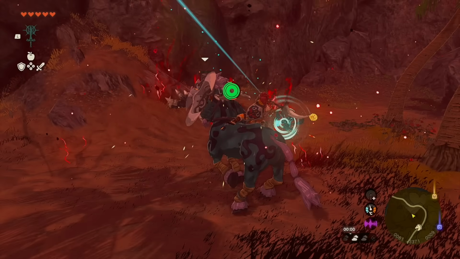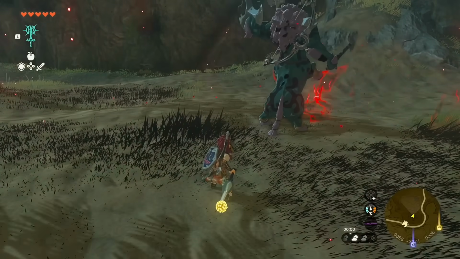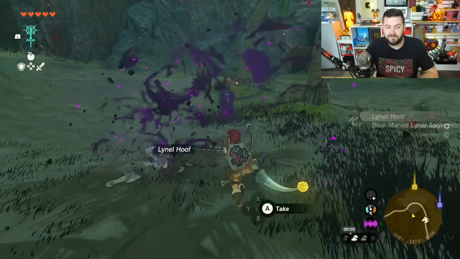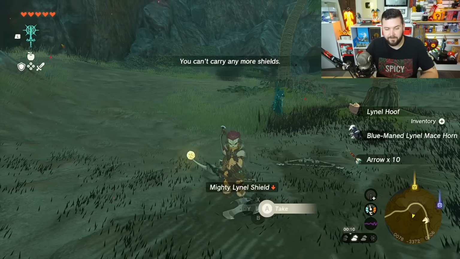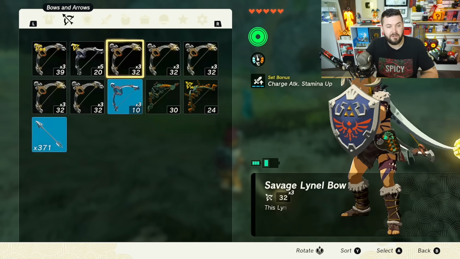Can I get like a really amazing thumbnail right now? Okay, that was good enough. Because you're in this section, even though you defeated this Lynel, he isn't going to instantly respawn. Now, here's the thing. You just got a mighty Lynel bow, which is going to be better than the current